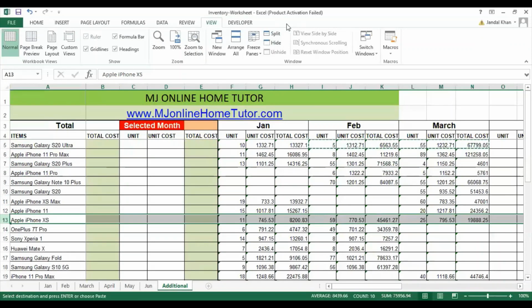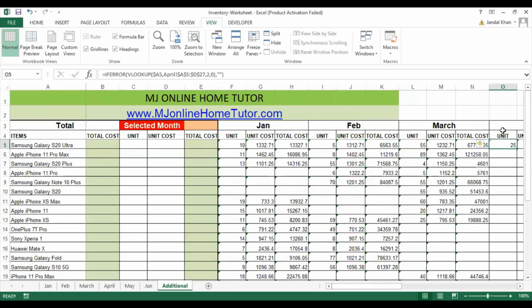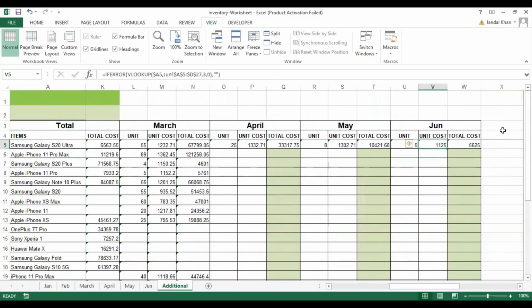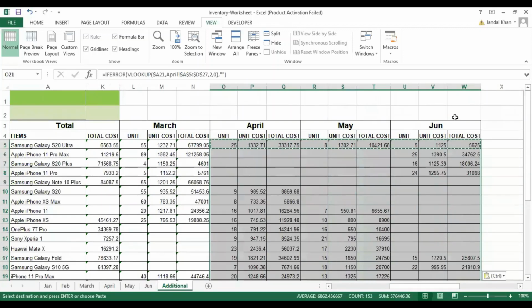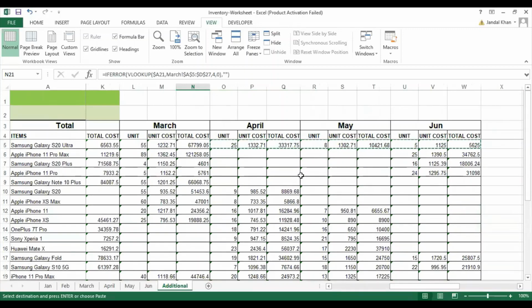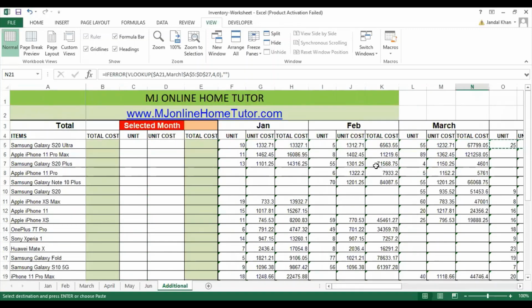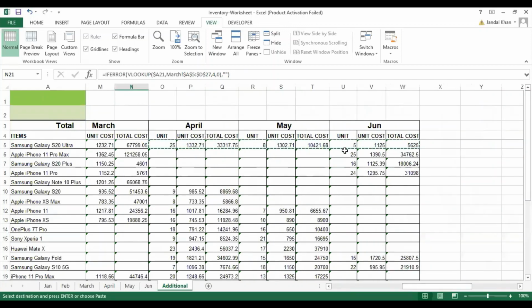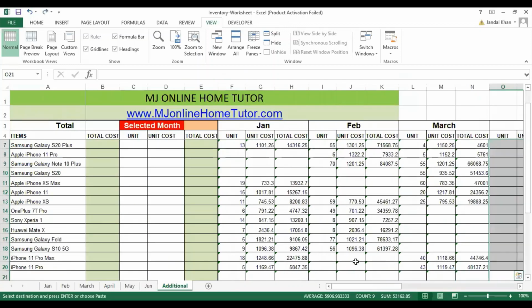But after this formula, here you can see we got the numbers for March, and you can apply it for April as well. So I have applied it for April, May, June as well to make it short. You can drag it to get the values for them or copy paste. So I have pasted it here and you can see all the data come up here. I will show you a short clip of that video to understand what's an important thing in that video. So keep watching.